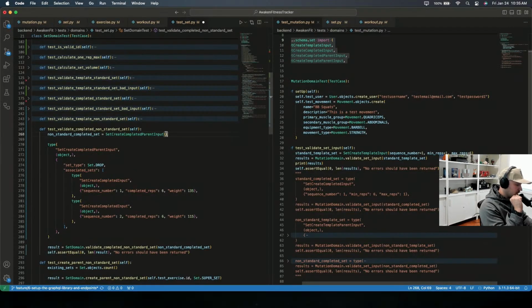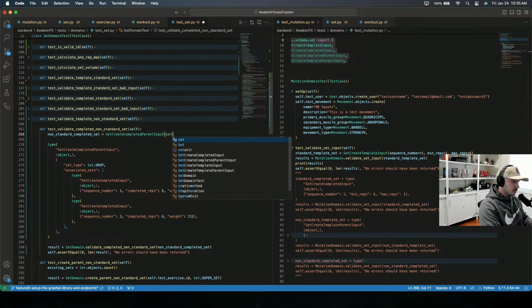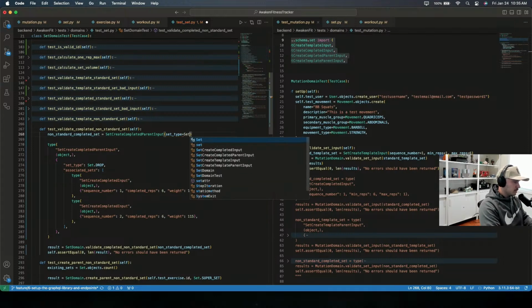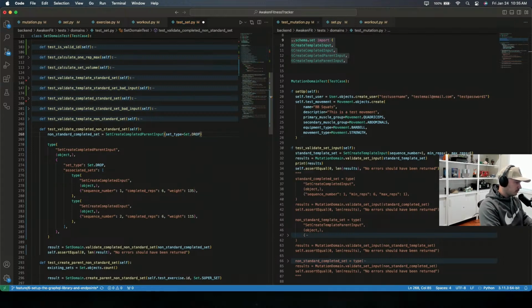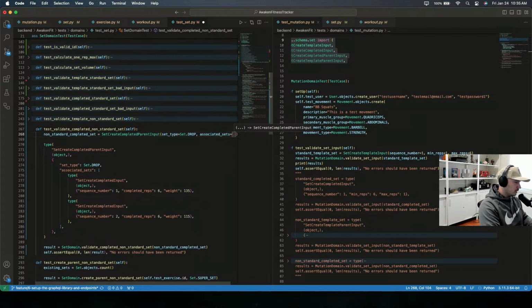Why is my HDMI being so difficult? Set type set drop. Associated sets equals a list, and we're gonna do